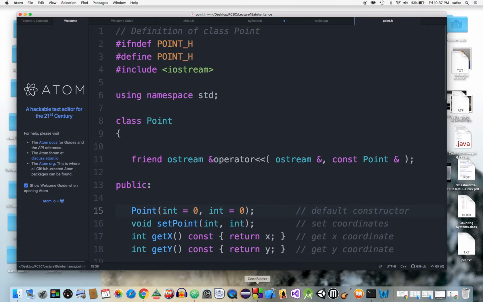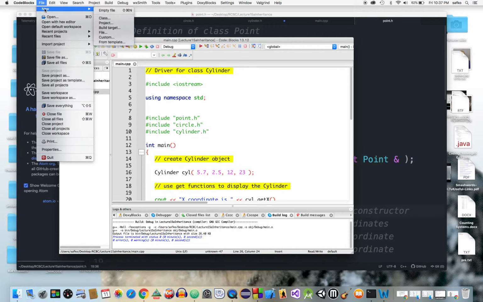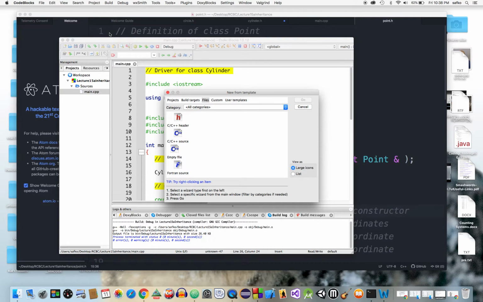Now, when you create these .h files, it's a little tricky as to how to do it in Code::Blocks. So you would go File, New, and don't call it an empty file, but call it a file, because then it'll ask you what type you want. And we want a C++ header. So if I select that and hit Go,